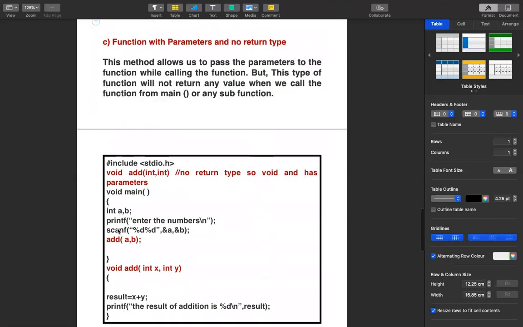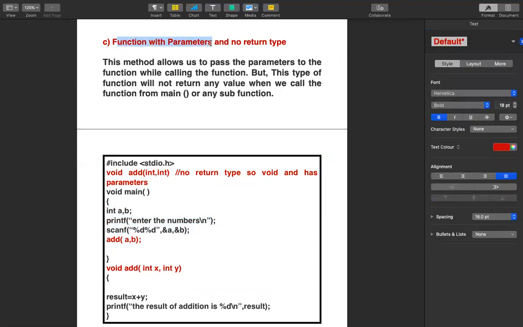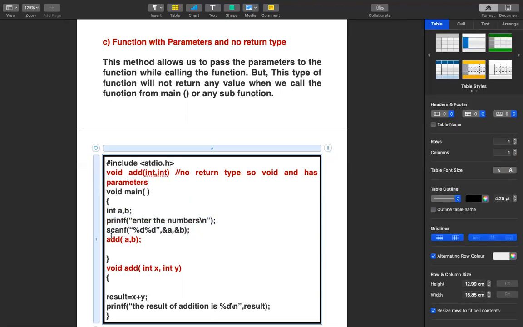The first time we are going to see, we are going to take inputs in the main function, and we are going to pass this input as a parameter to the add function. So what is the parameter you have passed? a comma b. Why are we passing parameters? It says that it is a function with parameters. So a comma b is sent as parameters to the add function.